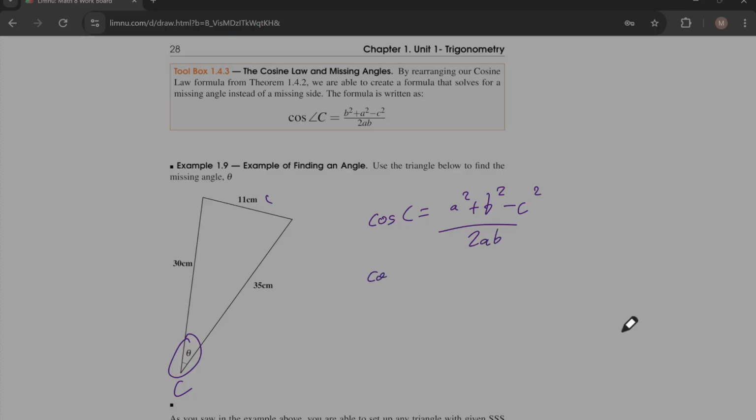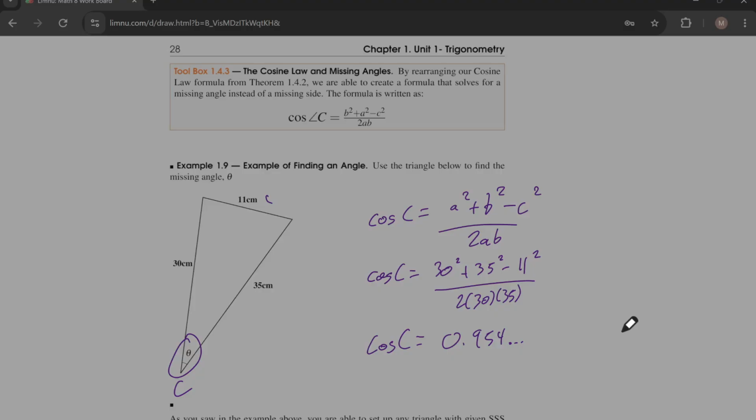Then I'm going to insert my values. So I've got 30 squared plus 35 squared minus 11 squared, divided by 2 times 30 times 35. All right, so I'll do my top first: 30 squared plus 35 squared minus 11 squared. Then I'll divide by 2 times 30 times 35. And that gives me that cosine C is equal to